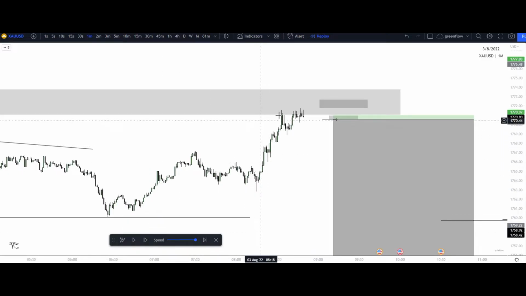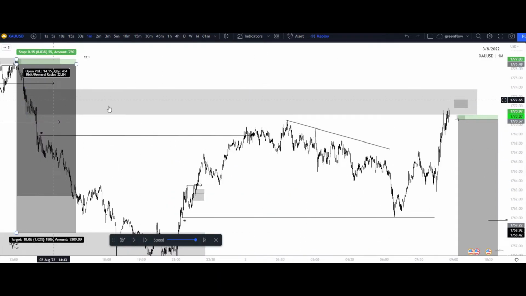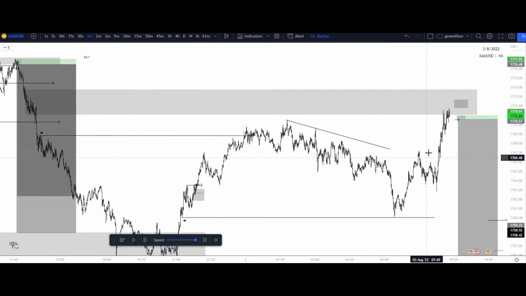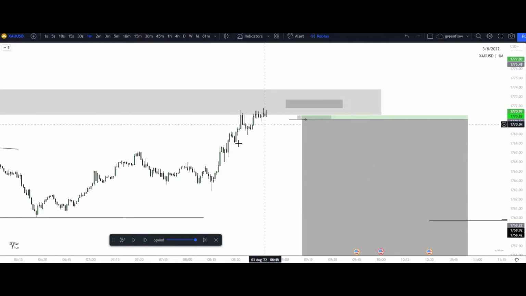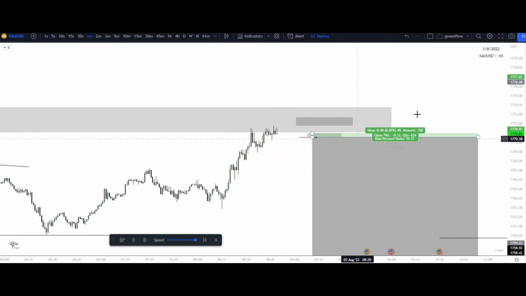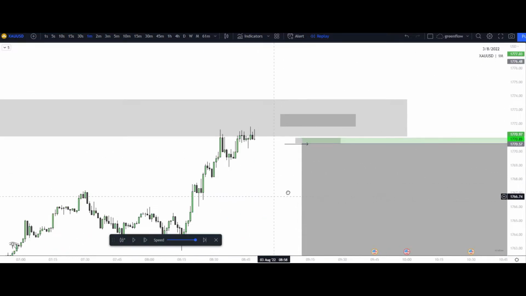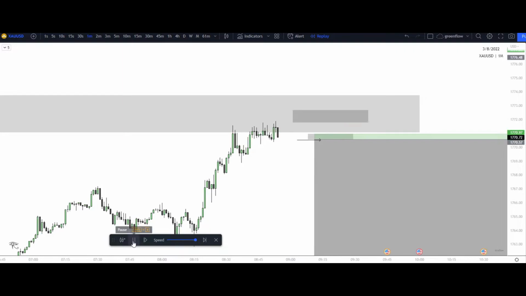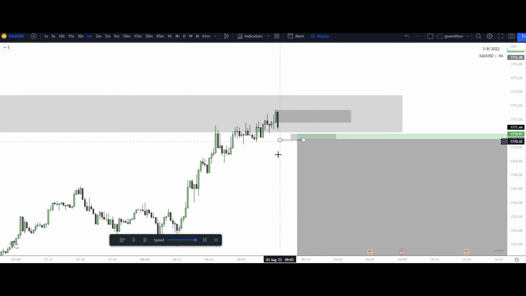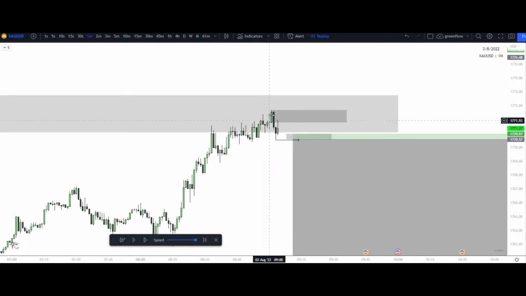We start to come up more, and this is where we start to consolidate. We can see equal highs that are being created within our supply zone, starting to now validate our supply zone if we can get a liquidity raid to the upside and that double market structure break to the downside. Let's go ahead and watch what price does now. We get that move up, and then this is where we get that displacement candle to the downside, right?